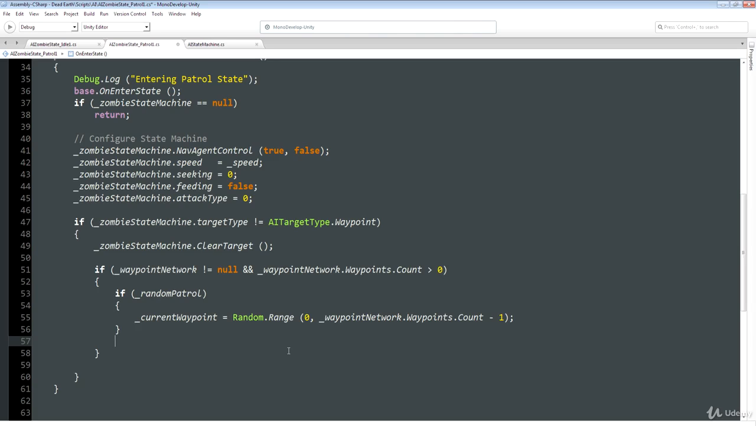So we might have set this in the inspector to 0. Only if random patrol is set to true do we override current waypoint with a different value. Otherwise, we just leave it how it's set in the inspector. And you're going to see later on that when we reach the waypoint, this class is also going to have a next waypoint function, which takes care of incrementing the waypoint counter to point at the next waypoint in the list. Okay, so now we want to fetch the waypoint from the waypoint network and basically check that it's a